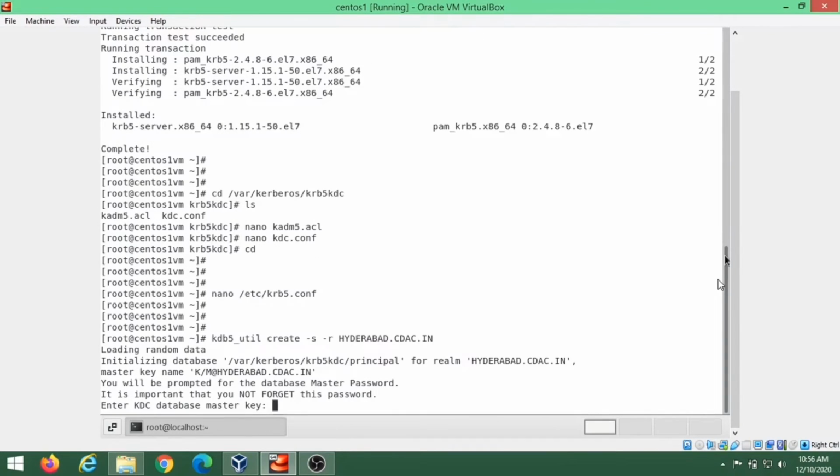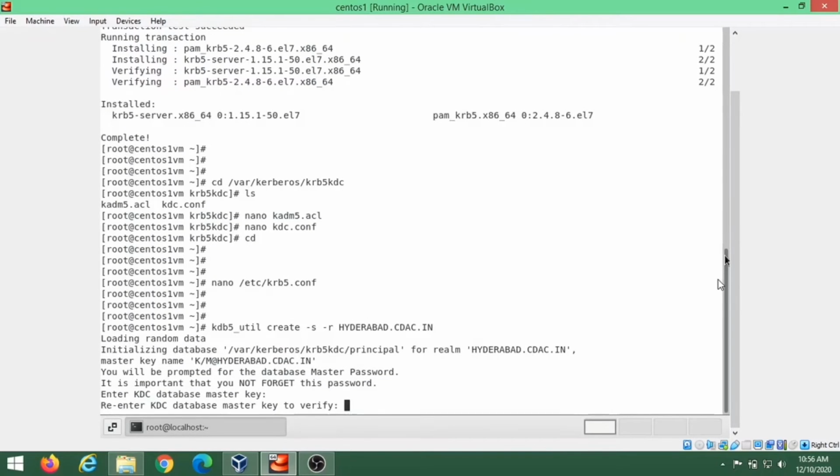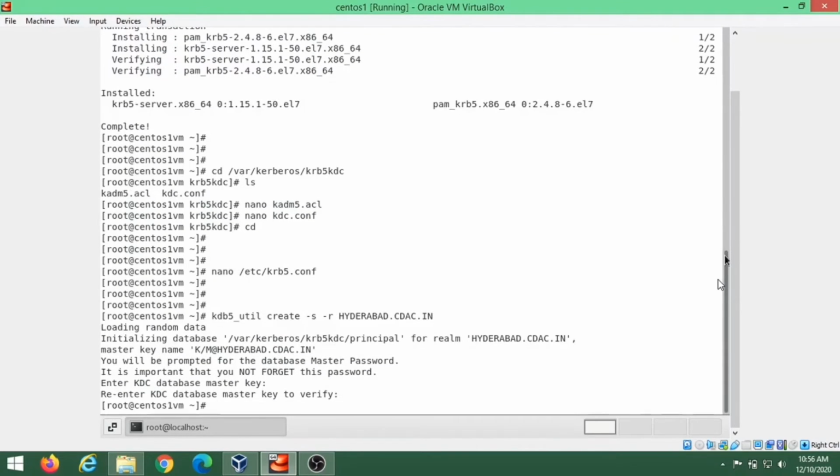Here enter the KDC database master key and also remember it for further use. The KDC database master key is very important.